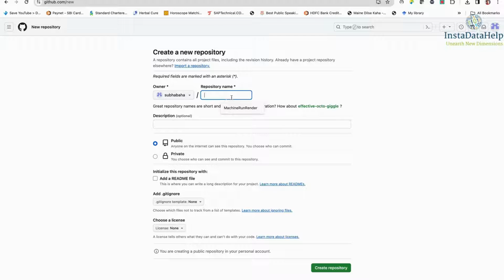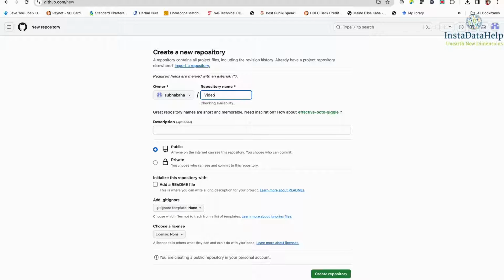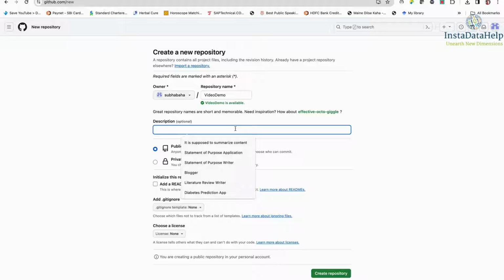I am creating this repository for the video demo. Demo video of Streamlit Razorpay payment